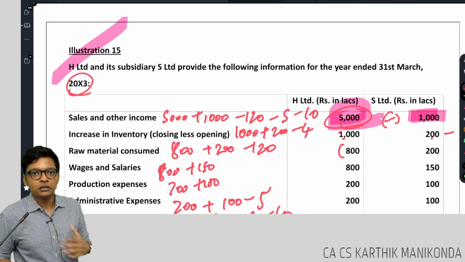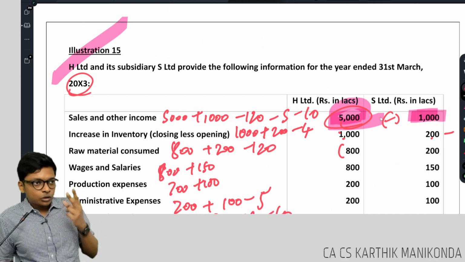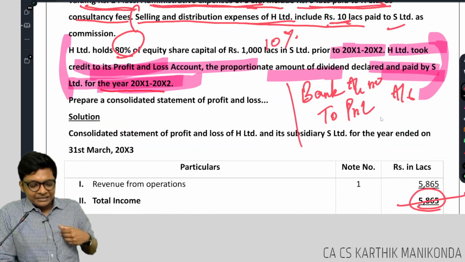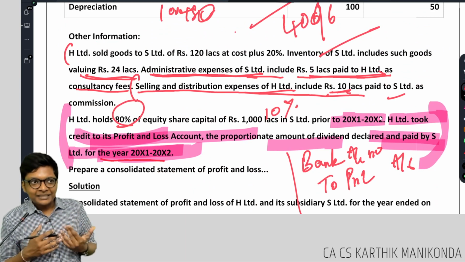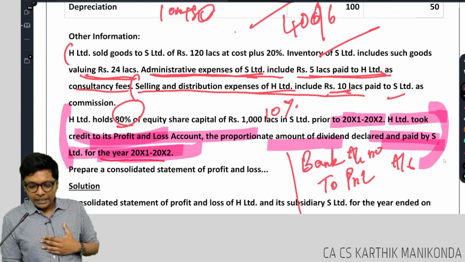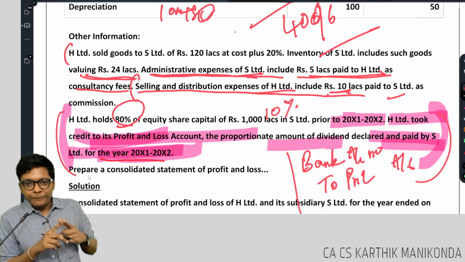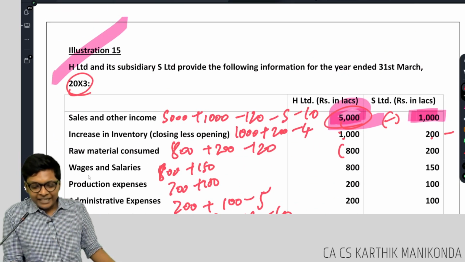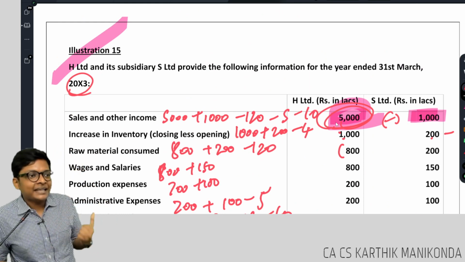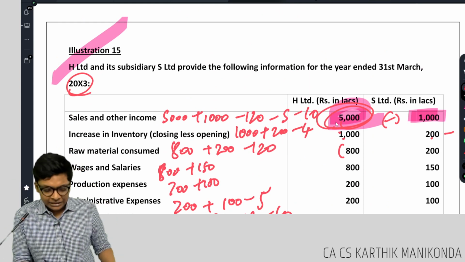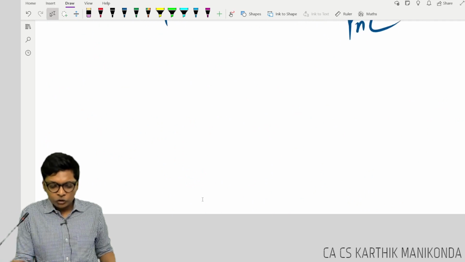Two possibilities are there. This sum we are ignoring, so you are thinking, okay, it's over. But in the exam they might give the opposite. If the dividend is pre-acquisition and they have taken it to the credit of P&L, you will reduce my income. That time the rectification entry should be like this: